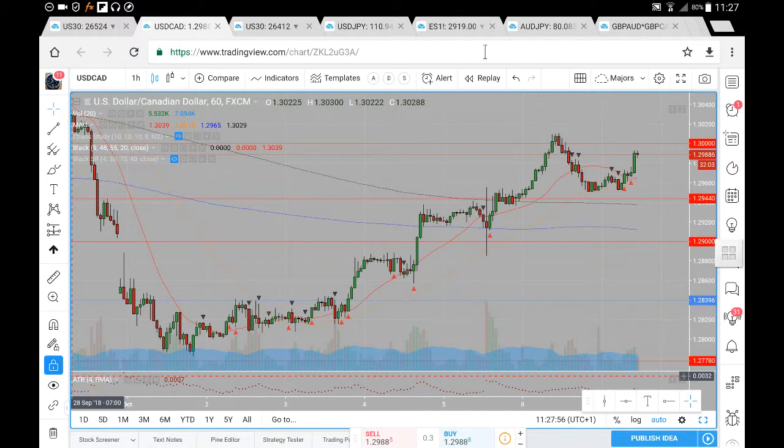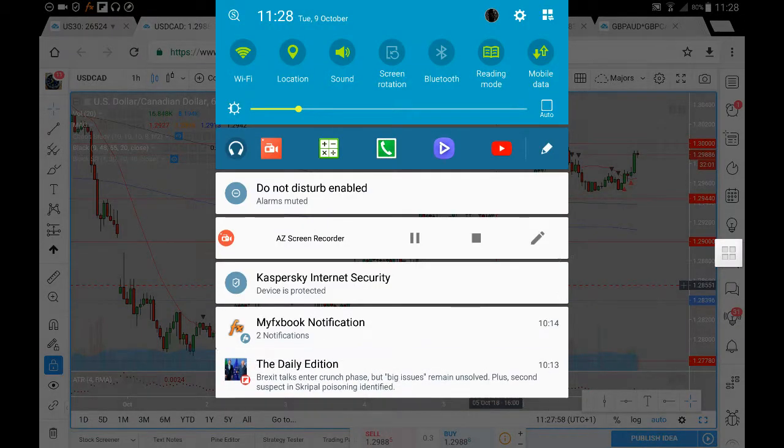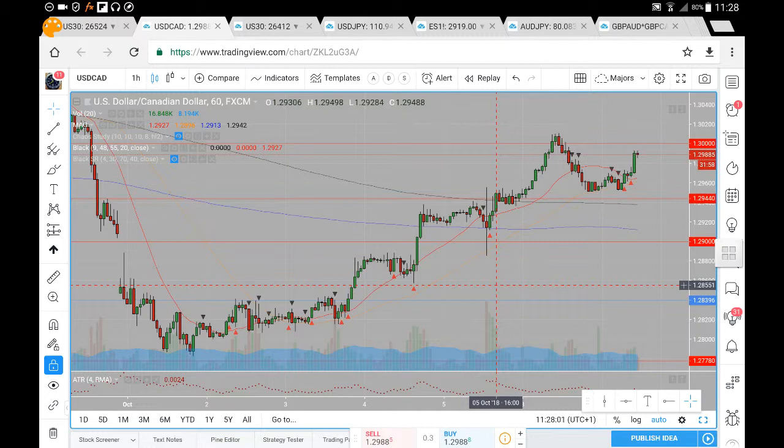So this US dollar CAD analysis for Tuesday, the 9th of October. Now let's just have a look at them prices and where prices may like to go. So here on the US dollar CAD, we've had a break above the